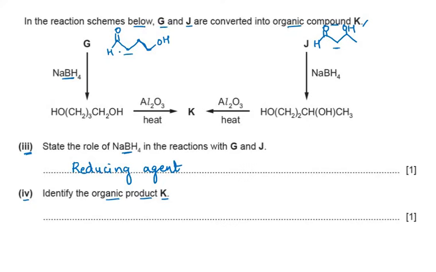What has happened here? Compound G, if you have a look here at the next product, we can see that the aldehyde part has changed to alcohol with the help of the reducing agent, and the alcohol part has remained as such. Now the same has happened in the next J reaction. So both these G and J compounds are changed to alcohol groups. Now both of them are undergoing a reaction with aluminium oxide to form a common product K.